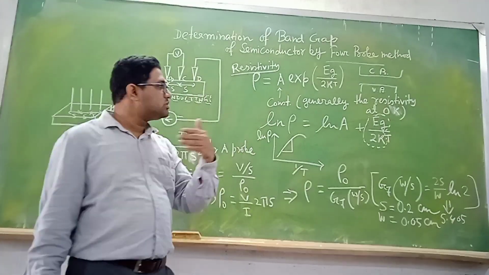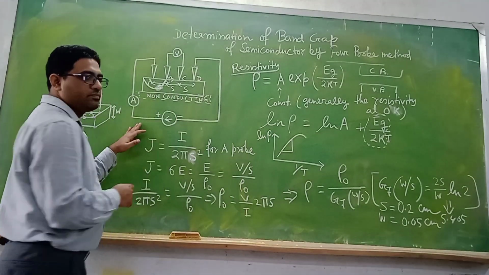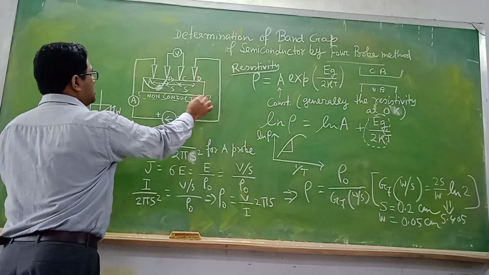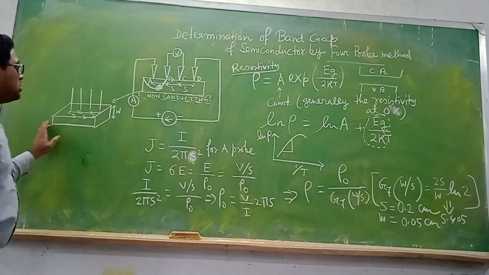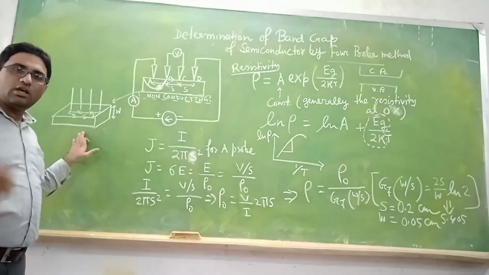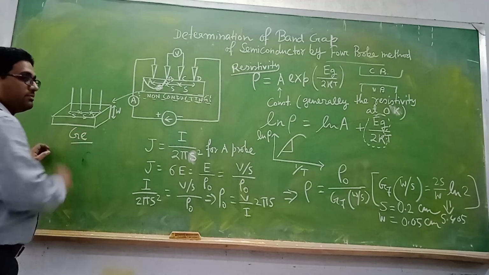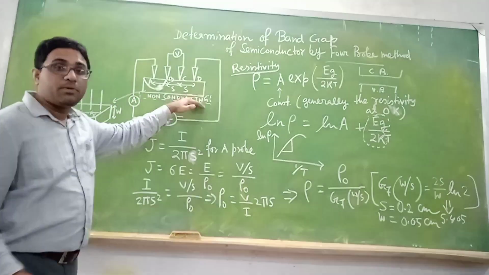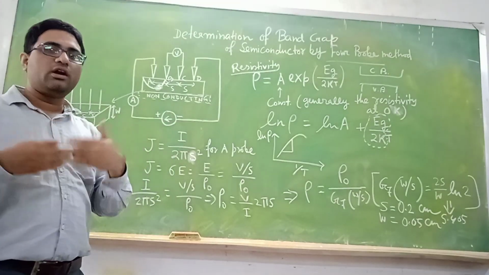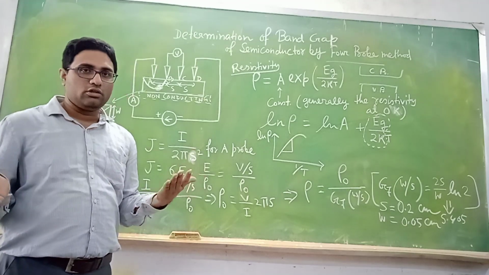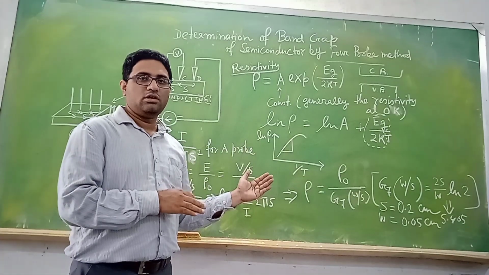Now how will you find this rho in the experiment? This is the experimental setup, and here you can see this part that I have drawn. This is your germanium wafer. In the demo I will show you the germanium wafer. It is placed on a platform. This platform is here a non-conducting platform. It can be conducting also. Depending upon that, some change in rho will come up. We will see that.